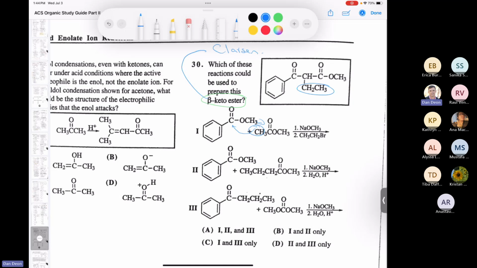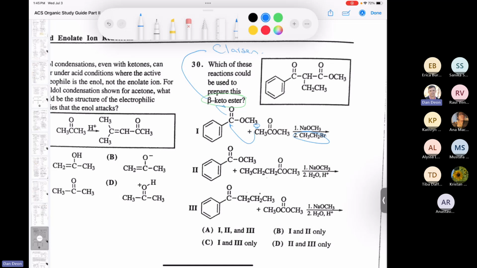So number one, hold on, what am I missing? Oh, I didn't notice the second step. Mr. Dion needs to pay more careful attention. So there's the second step where you have the ethyl bromide, because I was like, what's that for? Okay, so in the first step, you do the nucleophilic acyl substitution. So you make your carbanion here, right? Nucleophilic acyl substitution. And then after your loss of leaving group, you still do another deprotonation, and then you alkylate